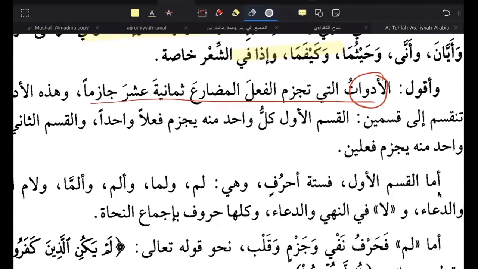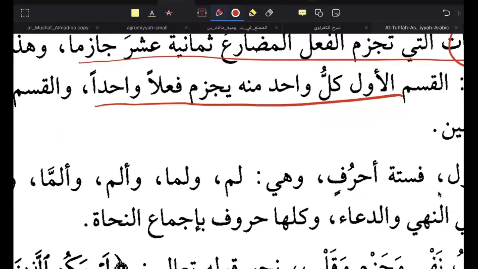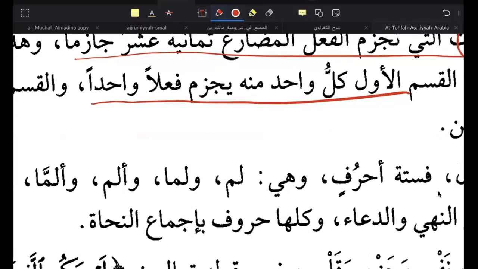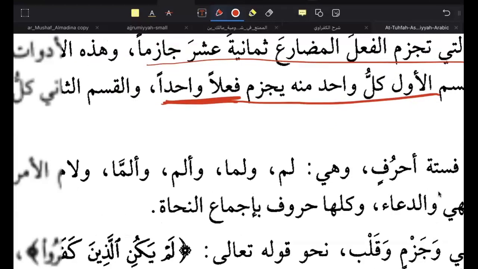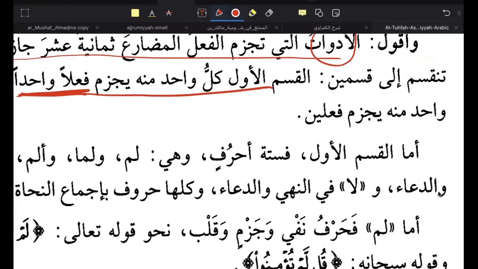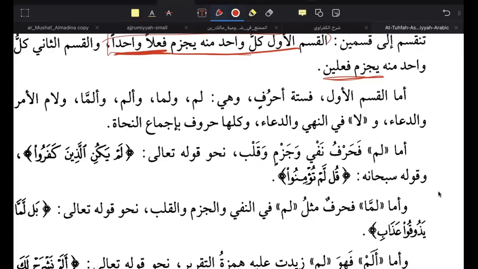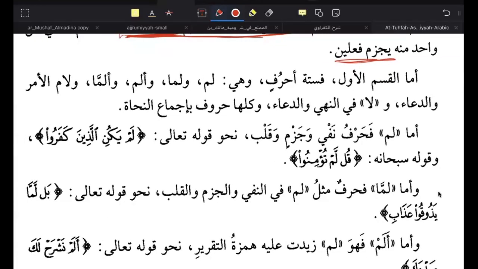القسم الأول, the first part, كل واحد منه يجزم فعلا واحدا. The first group is it only makes one present tense verb into majzum. Okay, you have فعلا واحدا. والقسم الثاني, and the second part, كل واحد منه يجزم فعلين. So second part will impact two verbs, two present tense verbs. It will make both of them into majzum. Then he says, وأما القسم الأول